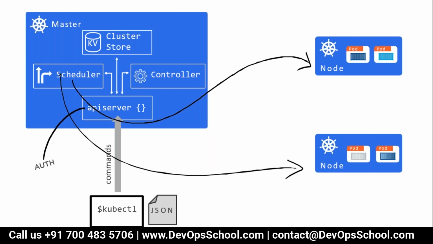What do we have in the workstation? kubectl. With kubectl, you create a package. Which package? In JSON. You send it to the API server. The API server stores it in the cluster store. Controller manager will report back to the API server about the state of the cluster, because it keeps monitoring everything. And based on what you have in the cluster store, and what is reported by the controller, if any mismatch happens, the scheduler sends the request and schedules the new work or whatever it is. And node has a pod, has a container.